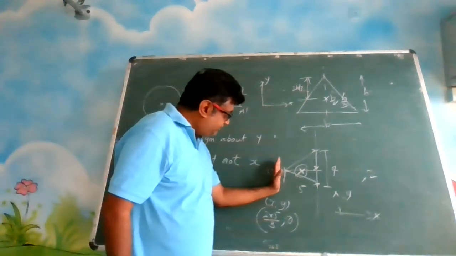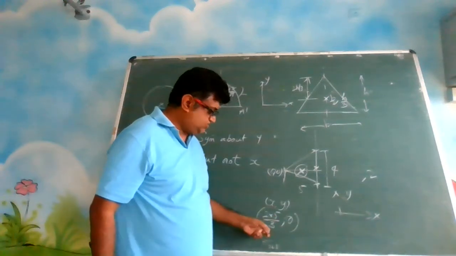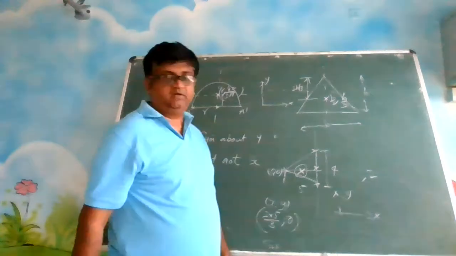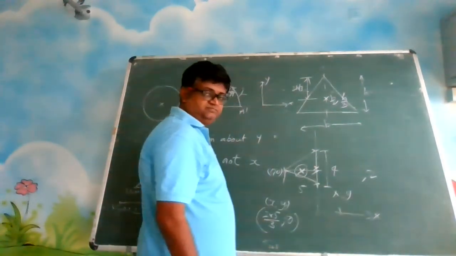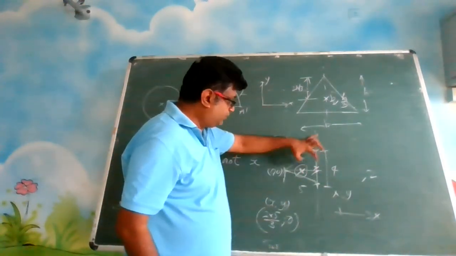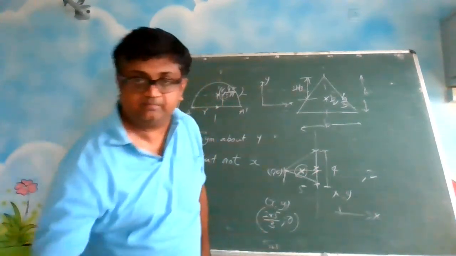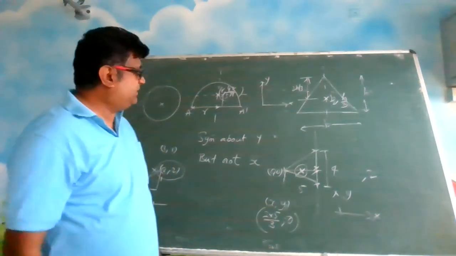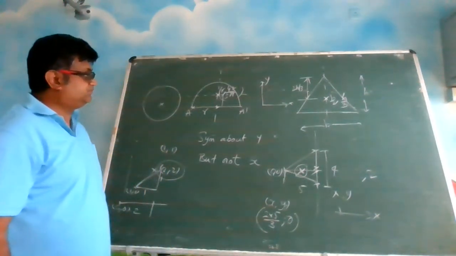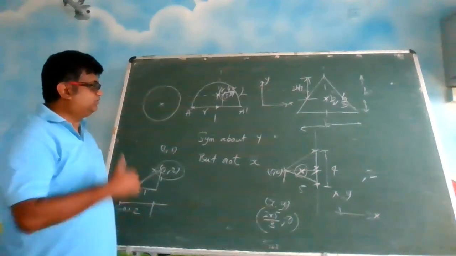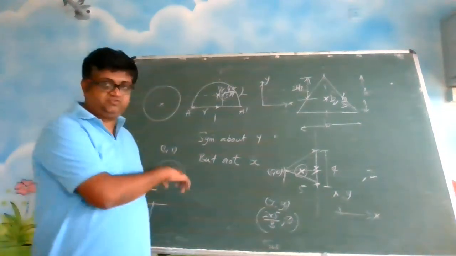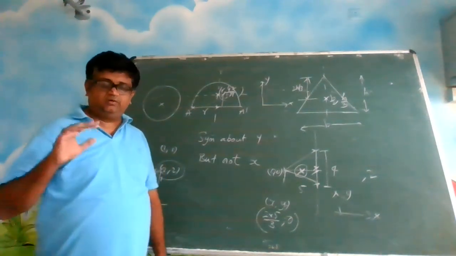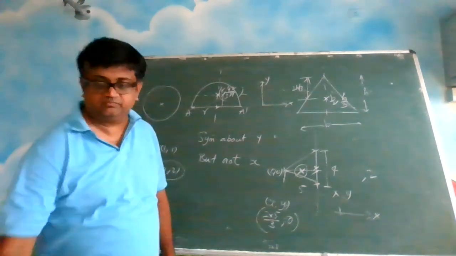And if you are coming from the vertex, 2h by 3. If I am coming from the base, h by 3. Had I taken this as the origin, I should have considered this point h by 3. So just make a note of this very useful point, and in the next class I will talk about some composite figures. These are plain figures. We'll talk about, maybe in the triangle also one more problem we will do. We'll see composite figures. Okay, thank you.